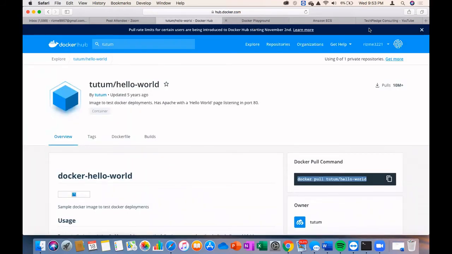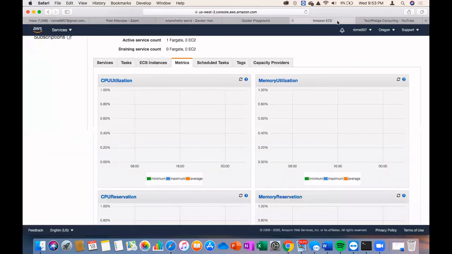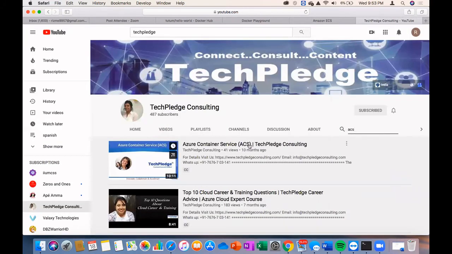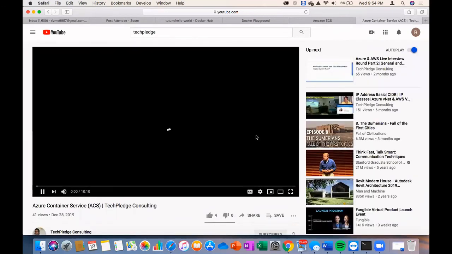In AWS, what we call Elastic Container Service, in Azure we call Azure Container Service, ACS. Understood, right? Google has GCS, Google Container Service. So everyone has the same principle.